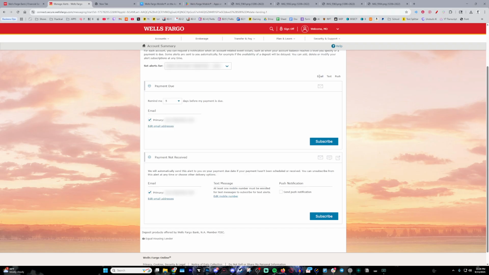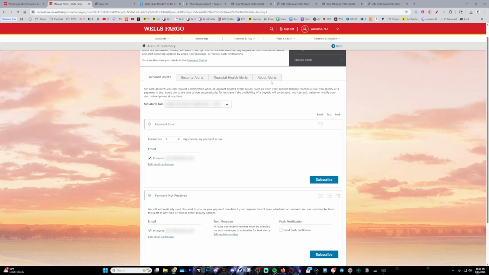And as you can see, there are three options: email, text, or push notifications. So it's entirely up to you which ones you want to use. I usually recommend the text one, as it's something you can kind of push off until you next use your phone. But regardless, let's say you want to do something that's a little bit more specific to the security of